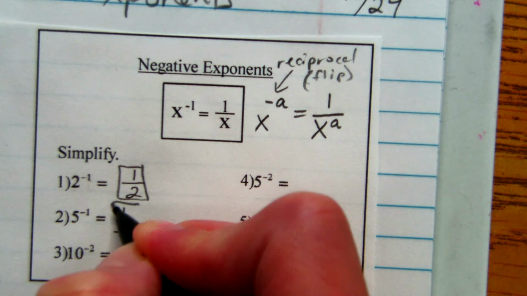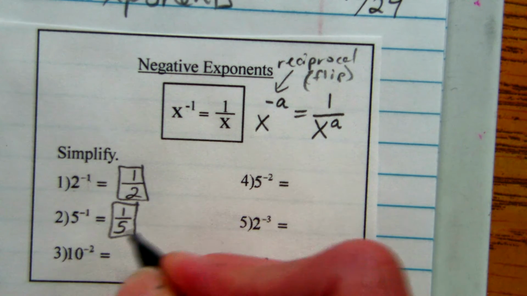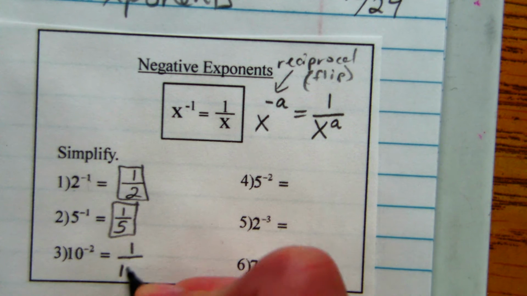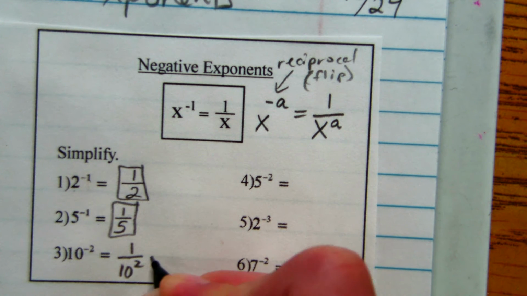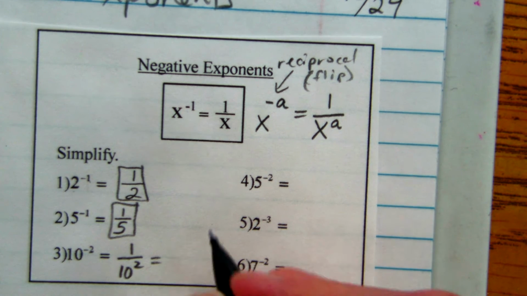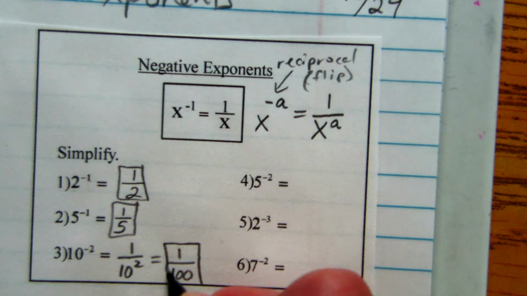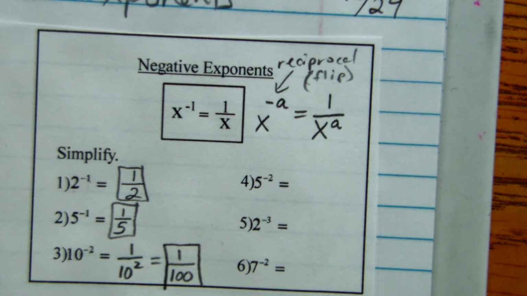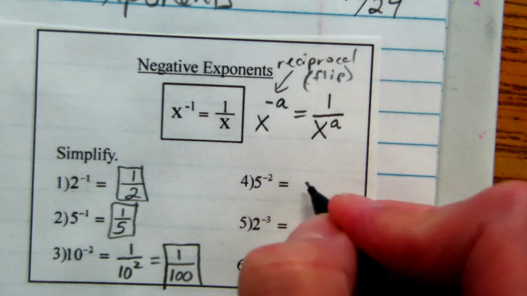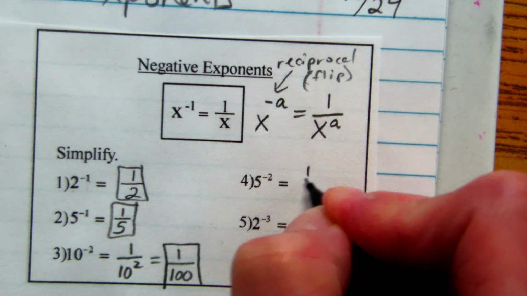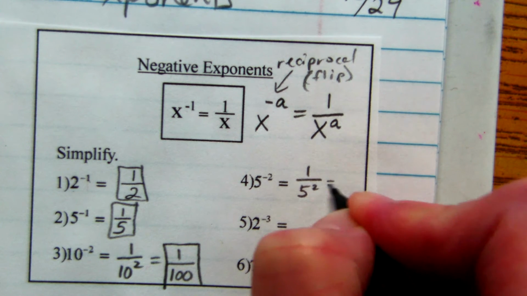So when I get down to number 3, 10 to the negative 2, that means I have 1 over 10 squared. And then I go ahead and do the 10 squared. So 10 times 10 is 100. So I get 1/100th. So then over here for number 4, 5 to the negative 2 is 1 over 5 squared, which is